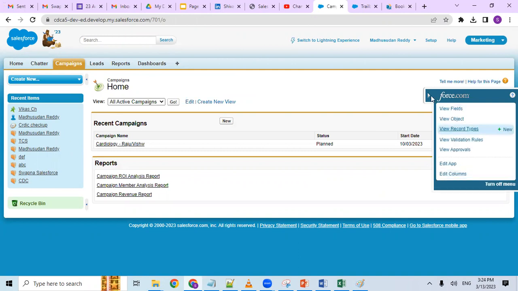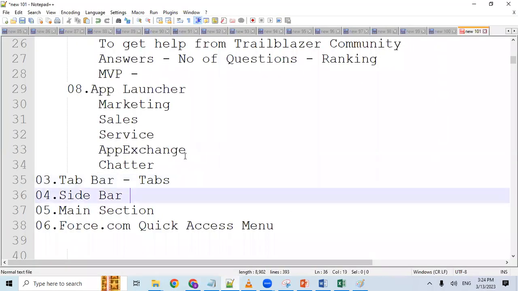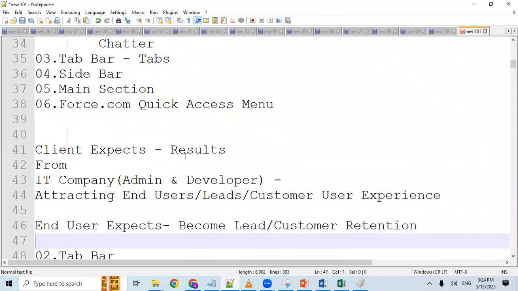This force.com might not be available for the client, but can the client see this tab bar or not? Can they see this sidebar or not? Do they see this main menu or not? Yes, they can see that. So the end user, what they see is